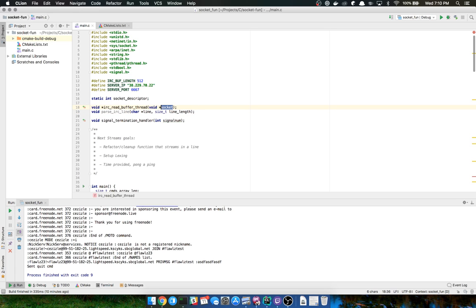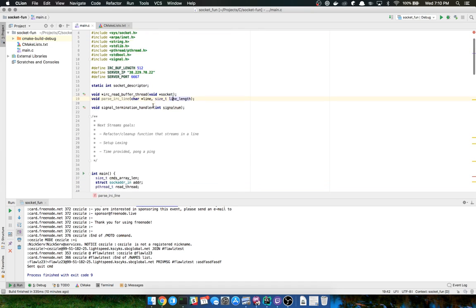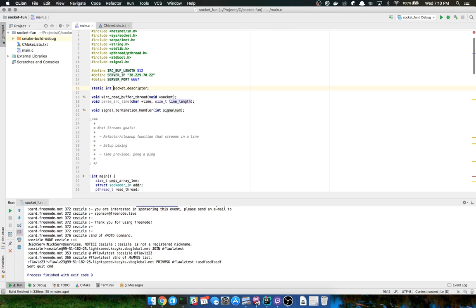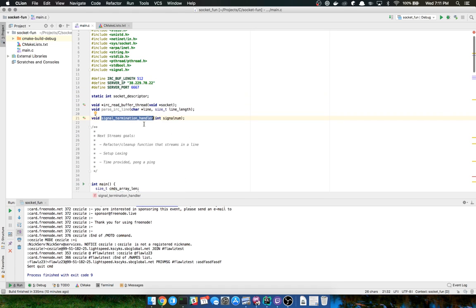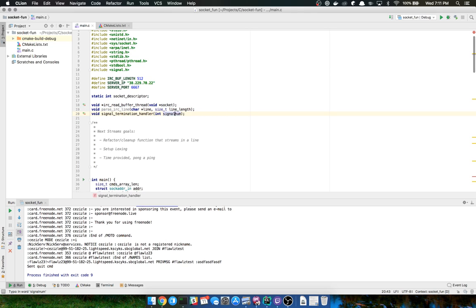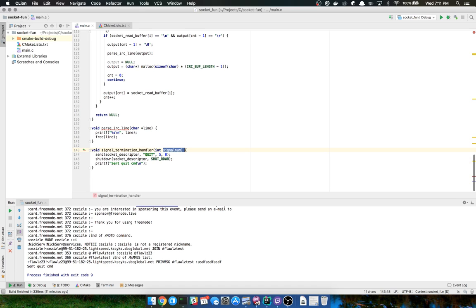Here I have another name of socket. Let's just look for those use cases. Yeah, it's kind of all over the place there too, so I can't just do a replace on that. But I also want to call that the socket descriptor too. That could be problematic because it's defined right here as a static global variable. So we might have to come back to that a little bit later. And then the signal termination handler. Yeah, I guess that's okay. I'll leave it as that, but just for conversation's sake, I'll add an underscore there. So we'll go ahead and fix that down here. Cool.